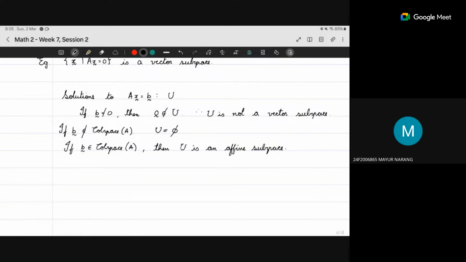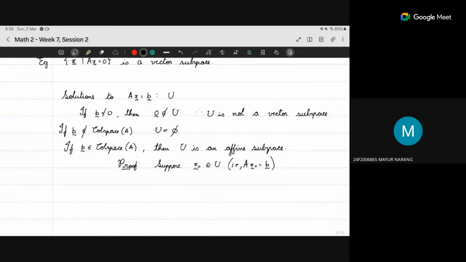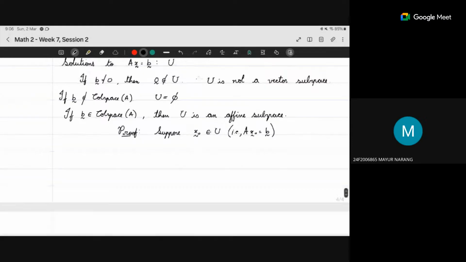Now, this is the proof of that. Suppose x naught tilde belongs to U, which means that Ax naught tilde is B tilde. x naught tilde is in U means that x naught tilde is a solution to Ax tilde equal to B, which means that Ax naught tilde is equal to B. Now consider